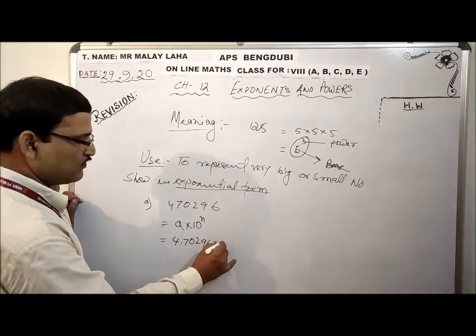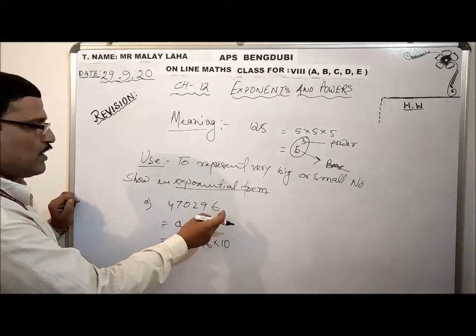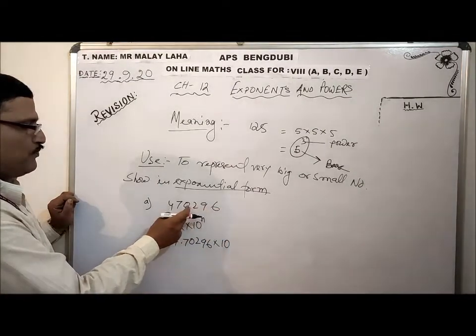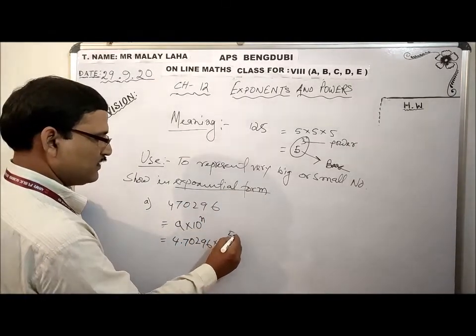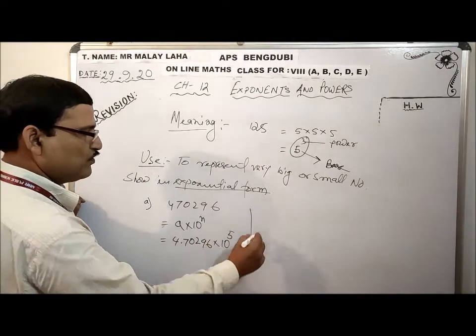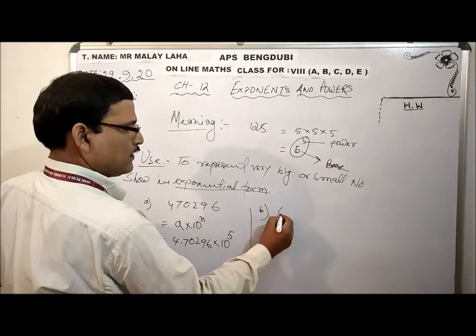4.70296 into 10 to the power... How many digits have you dragged? 1, 2, 3, 4, 5. When you are dragging this side, the power will be positive. And when you drag this side, say this